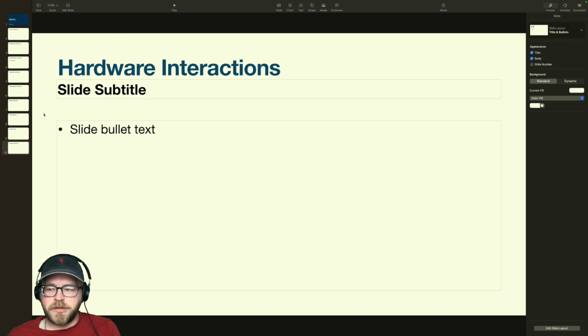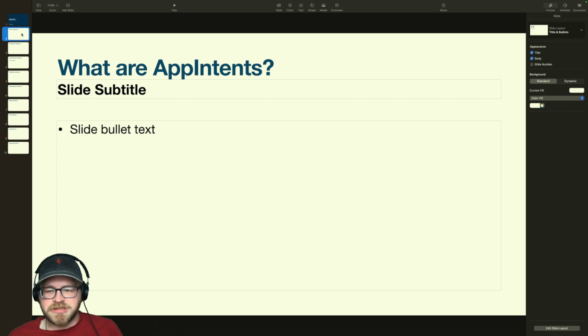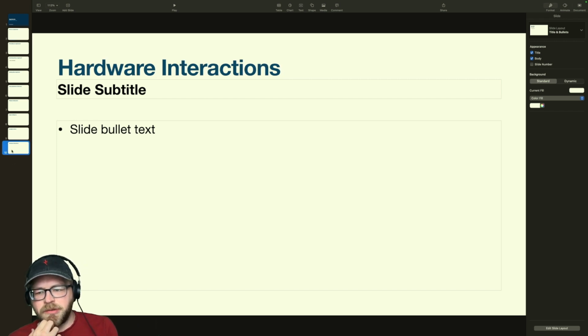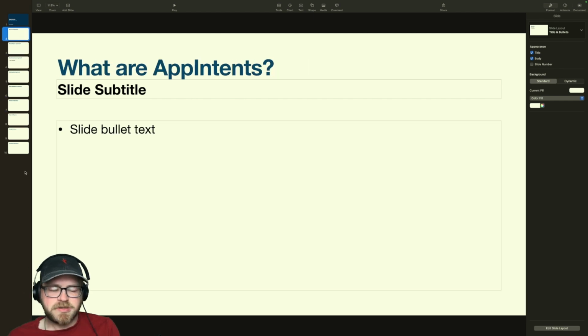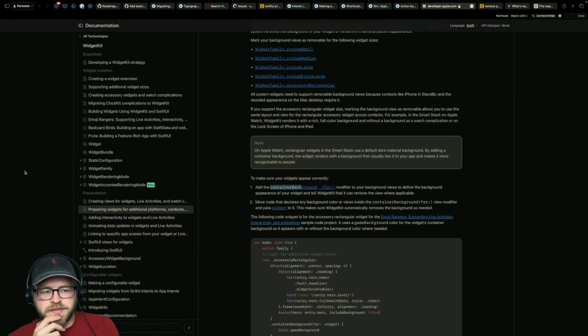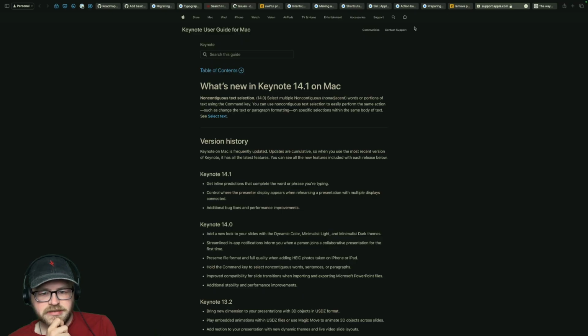But then also, I think this might also be behind some of the double pinch stuff in watchOS 11. I haven't looked into it yet. I need to look into that. Is this also powering Live Activities? I think it might also be powering Live Activities. There's a lot of things that this does.